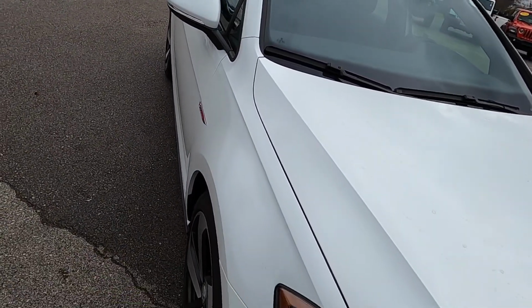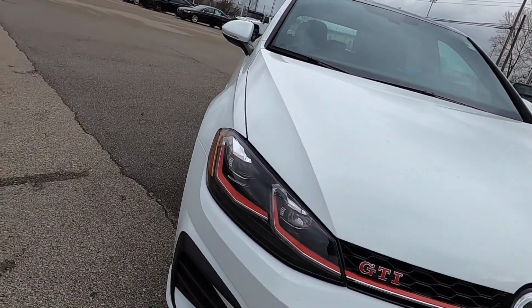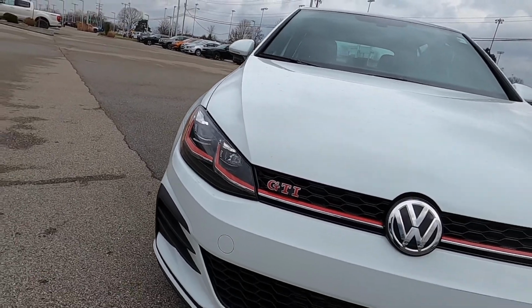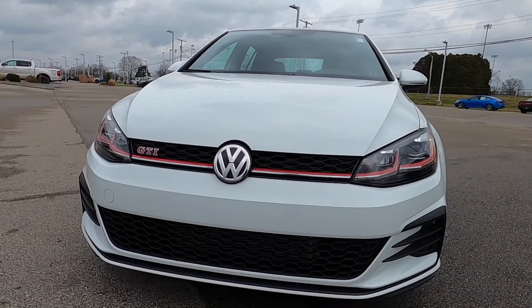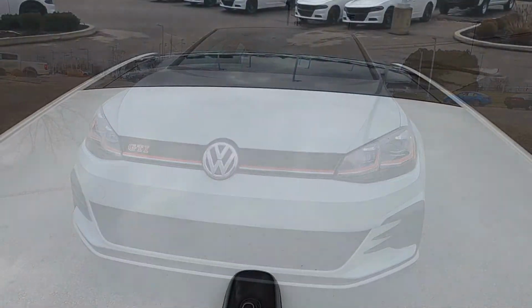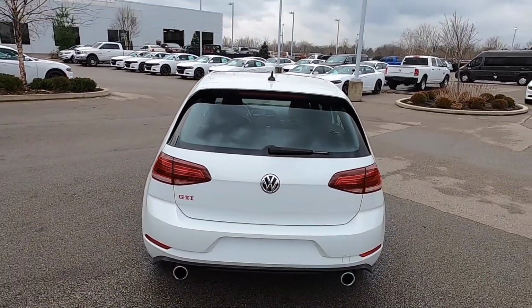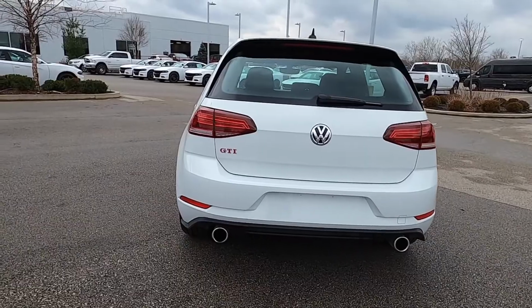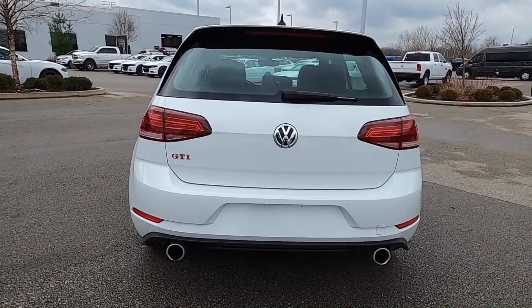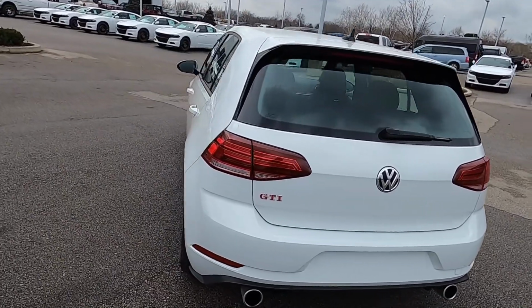While production of the Golf is a worldwide affair, depending on market locations, our vehicle is produced at the Puebla Assembly Plant in Puebla, Mexico. Our car was produced in January of 2020. Despite the fact that the GTI in other markets is available in either 3 or 5-door body styles, for North America there are no plans, sadly, for a 3-door version. We will have to make do with just a 5-door hatch, but at least we get the option of a manual